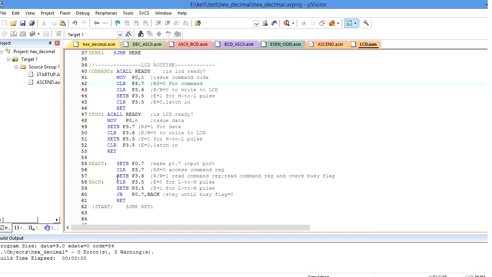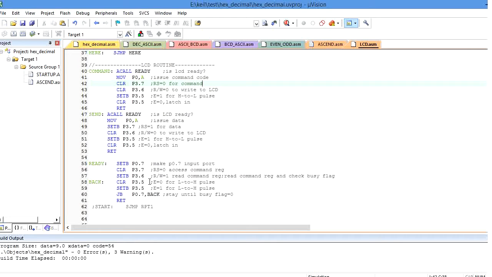That is why I use setb P3.6, indicating that port 3.6 is connected to the read bar write bar pin of the LCD device. Whenever read bar write bar is equal to 1, it indicates it is performing the read operation.